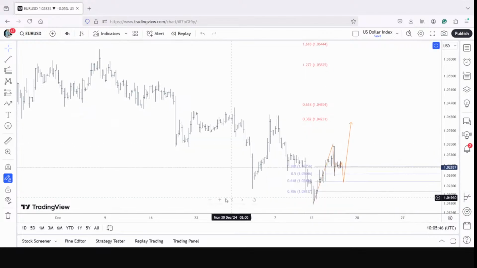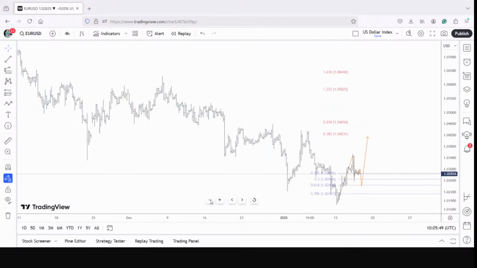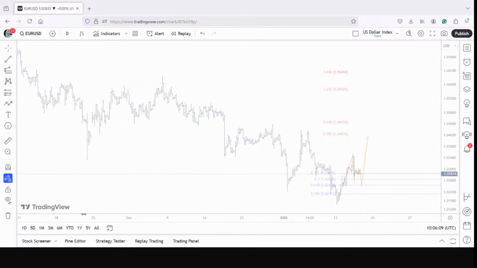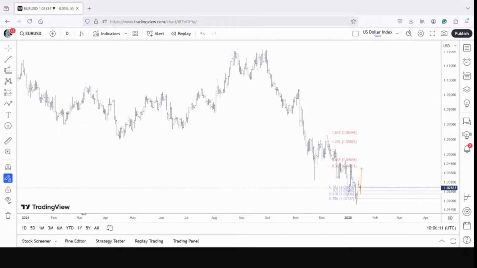This is an amazing theory, quite powerful. The waves and the Fibonacci ratio, that's the wave 4 of one larger degree when the euro was declining, remember? So finally, that would be the target when the larger degree count, when the minute wave 1, would complete. If we go back on the daily chart and try to plot the minute wave 1 over there, let's see how it's shaping up.